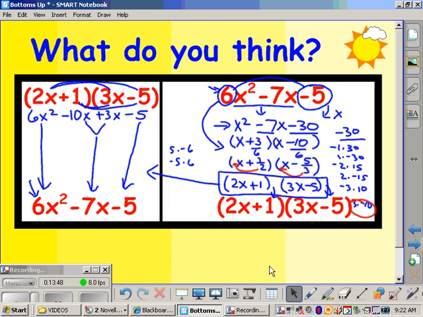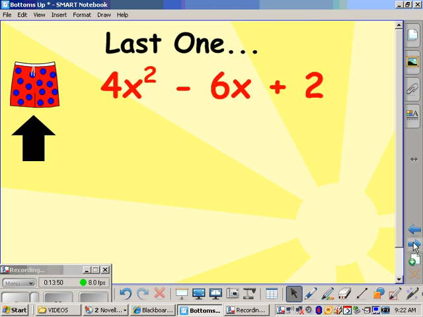Let's do one more example to make sure that you've got this method. 4x squared minus 6x plus 2. Now, in this one, there's one slight difference. You don't want to just start out the same way you did the other problems. The reason is because the first thing you want to do anytime that there's a leading coefficient greater than 1